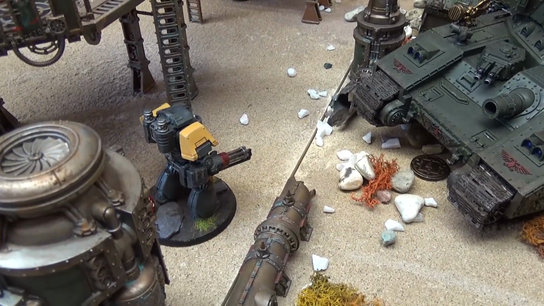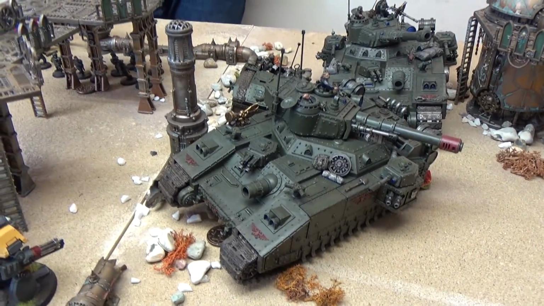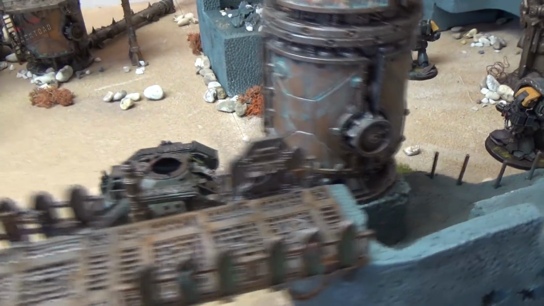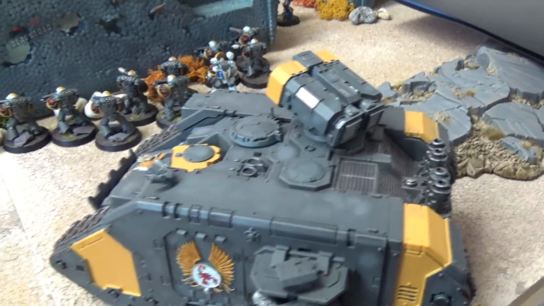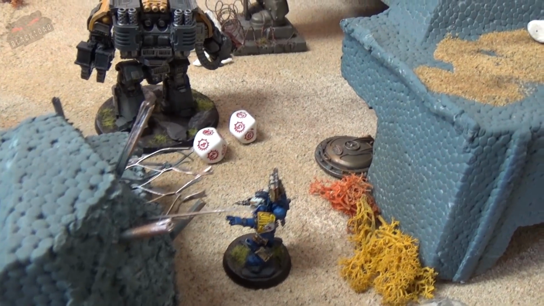So the Contemptor also moves forward with its 4 wounds to try and get that. I don't really fancy charging it. I have been the victim of Overwatch with characters and other things recently, and it wasn't very pretty. The Land Raider Helios here has moved up to get a good firing arc on this particular Baneblade. And over here, Cullen has moved through the gap with Severin backing him up with some, hopefully, psychic shenanigans,